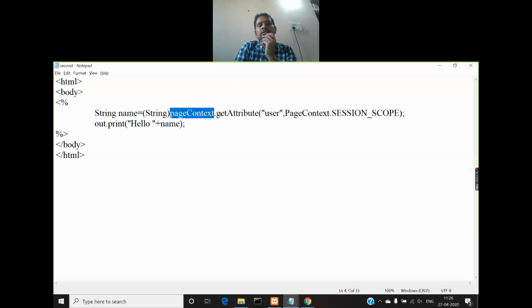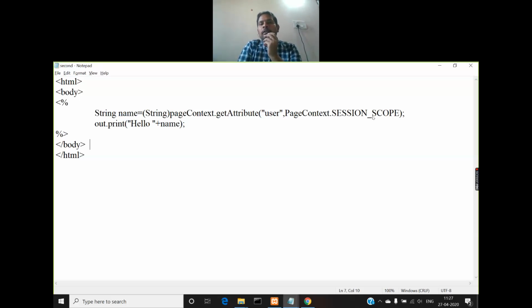It returns an object of type Object, so we need to typecast it into String by specifying String in parentheses. The converted string value is then stored in the name string variable.